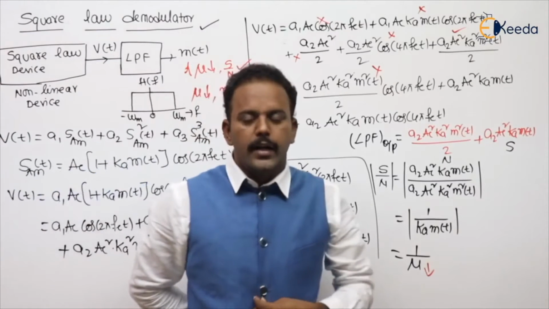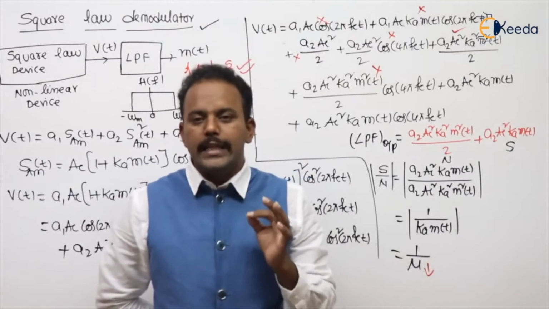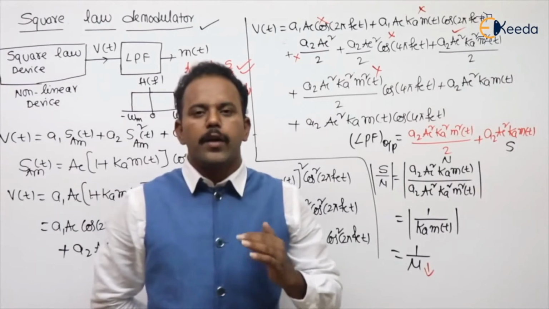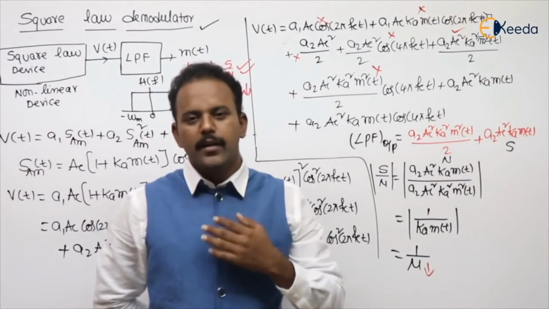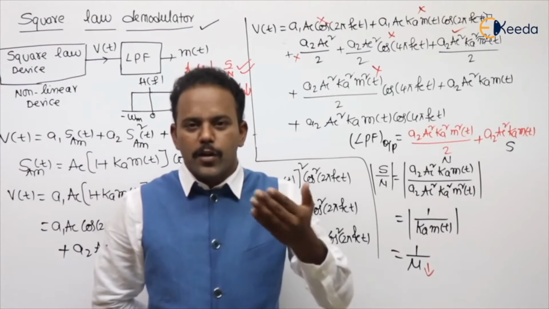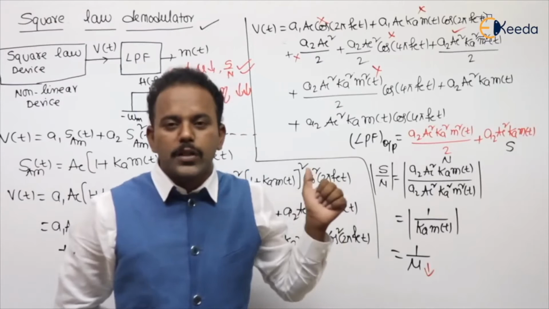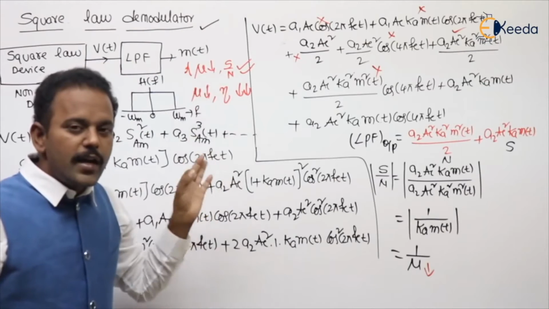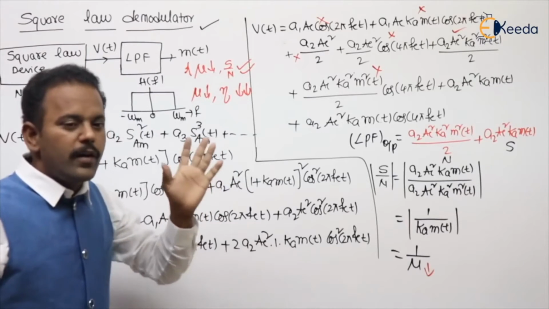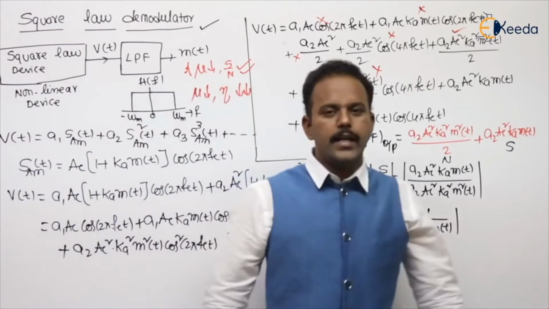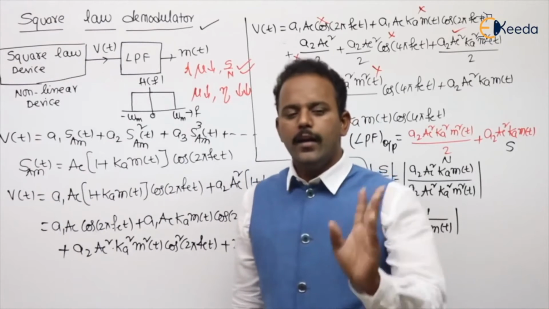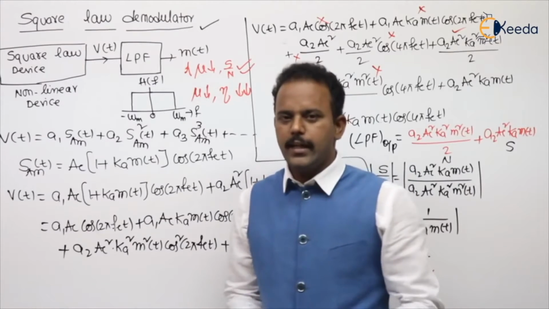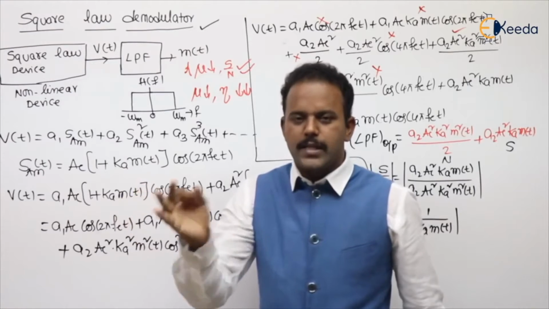Once it was asked in the interview of the UPSC engineering services exam, why is the square law demodulator practically not preferred? Beta, we want more signal to noise ratio and more efficiency, but both are not achievable here in practice. So that's why the square law demodulator is practically not preferred. Next, for example, envelope detector and synchronous. There are three techniques: square law demodulator, envelope, synchronous.